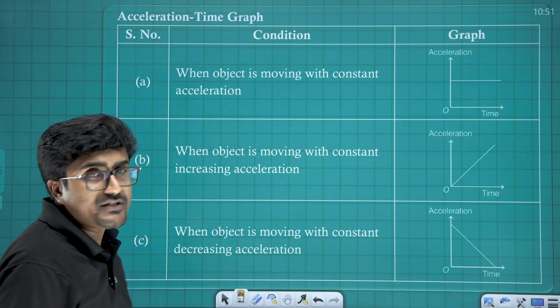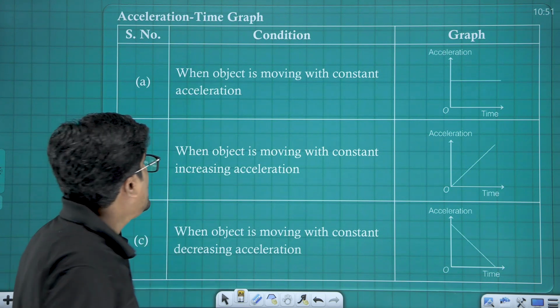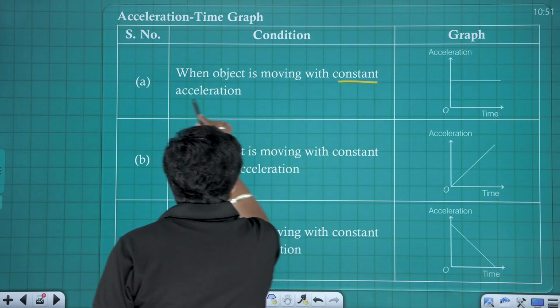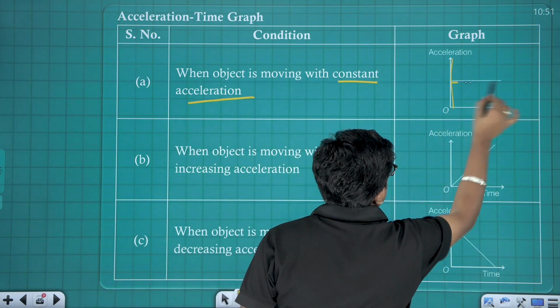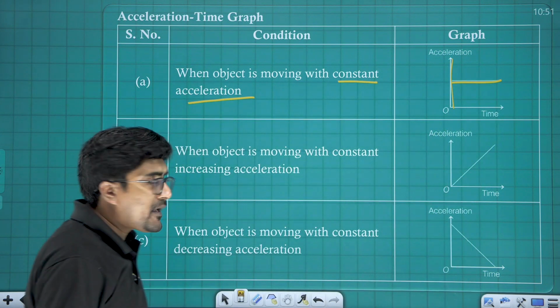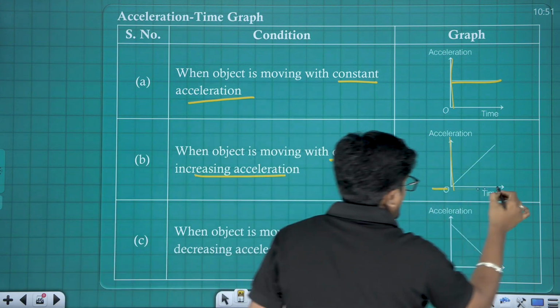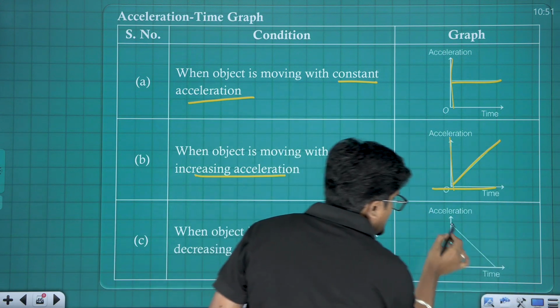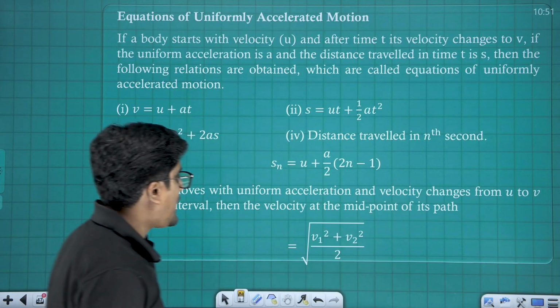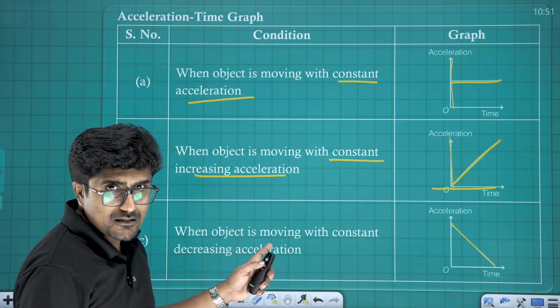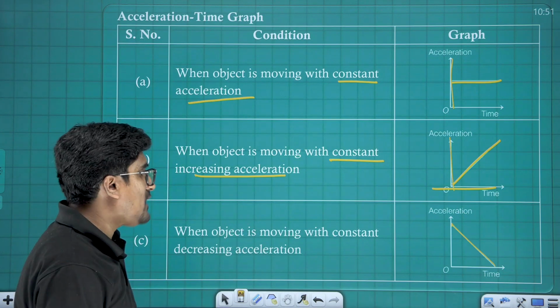Next is acceleration time graph. Case number 1, the body is moving with constant acceleration. As you can see that it's a straight line. Okay, here the acceleration is increasing constantly and here the acceleration is decreasing. Okay, and in this case, what we can calculate from this graph is